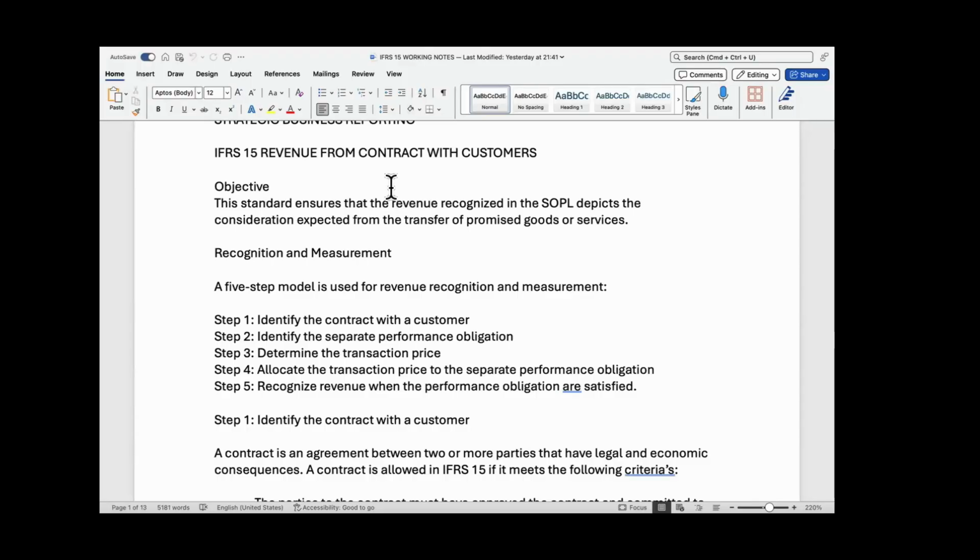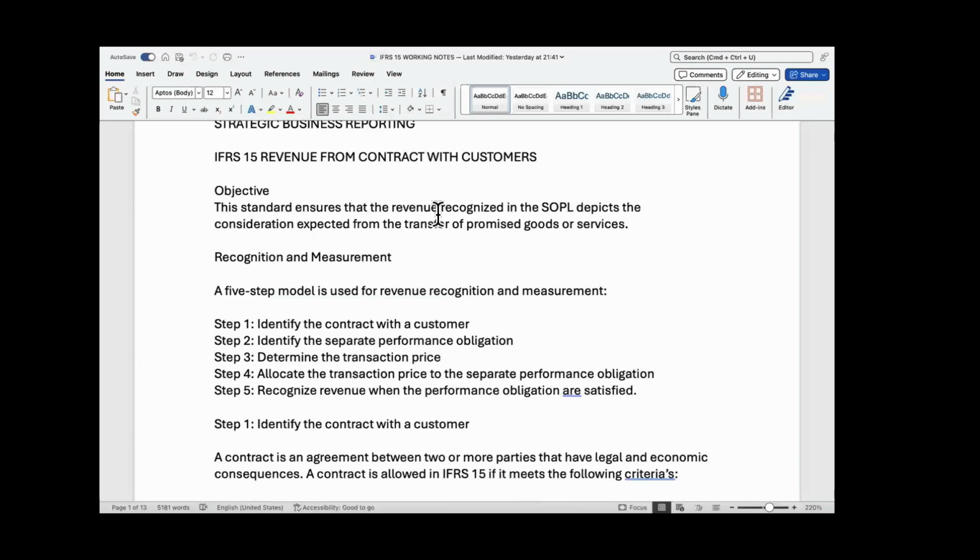Today, we should round up on IFRS 15 on revenue from contracts with customers. We started it last week, but we could not finish up. At least we went a little far. And what we looked at last week,